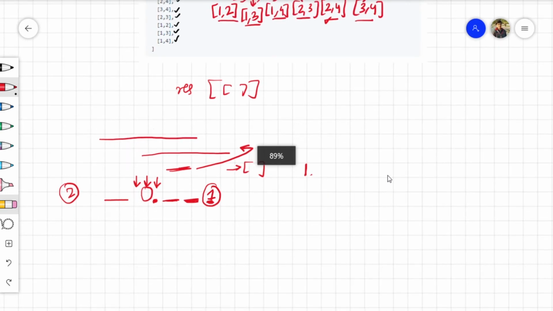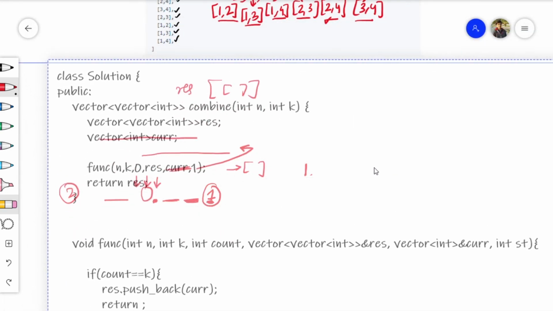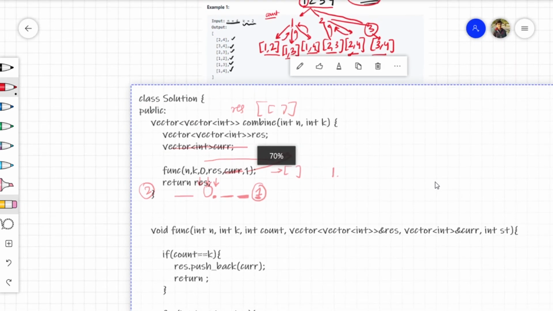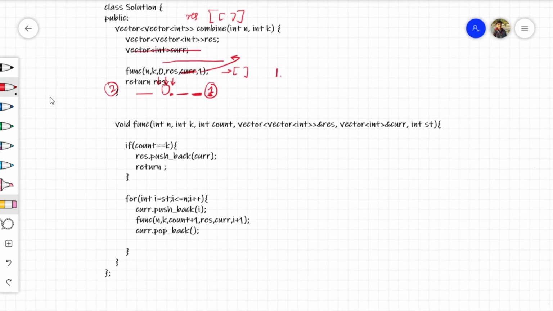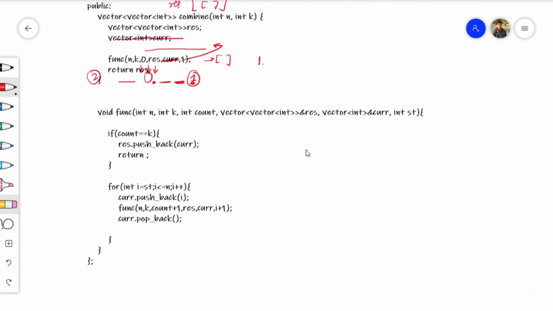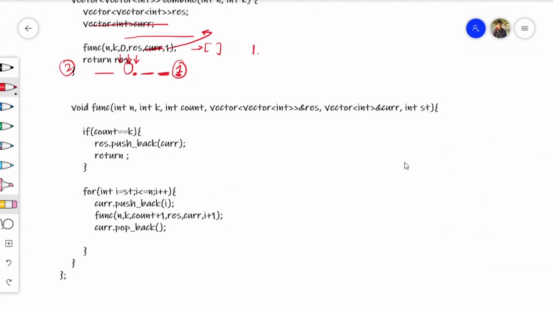So here is the function. In this we have int k, the count, the vector. Here we are passing it by reference, so that it doesn't make a copy, which increases the efficiency basically.